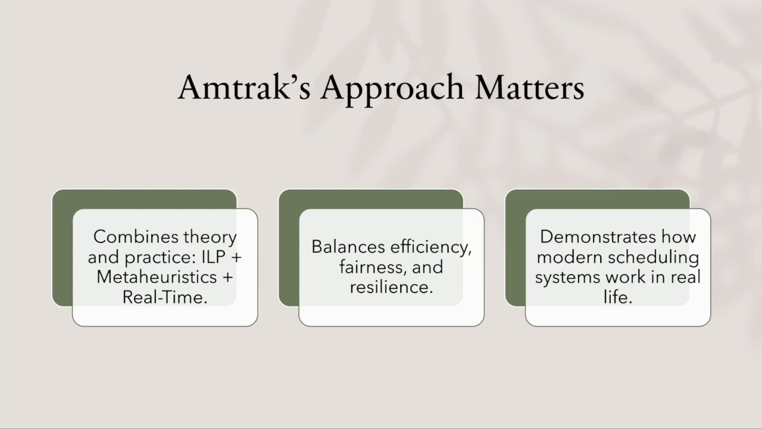So at the end, in conclusion, I can say that the Amtrak approach to scheduling is a perfect example of how modern optimization algorithms are applied in real-world scenarios, like the integration of ILP, metaheuristics, and real-time decision making that enable Amtrak to manage its complex operation efficiently, ensuring that the trains run on time, crews are assigned fairly, and the system can quickly adapt to unforeseen disruptions. And this is a powerful demonstration of how theoretical scheduling techniques are crucial for the success of large